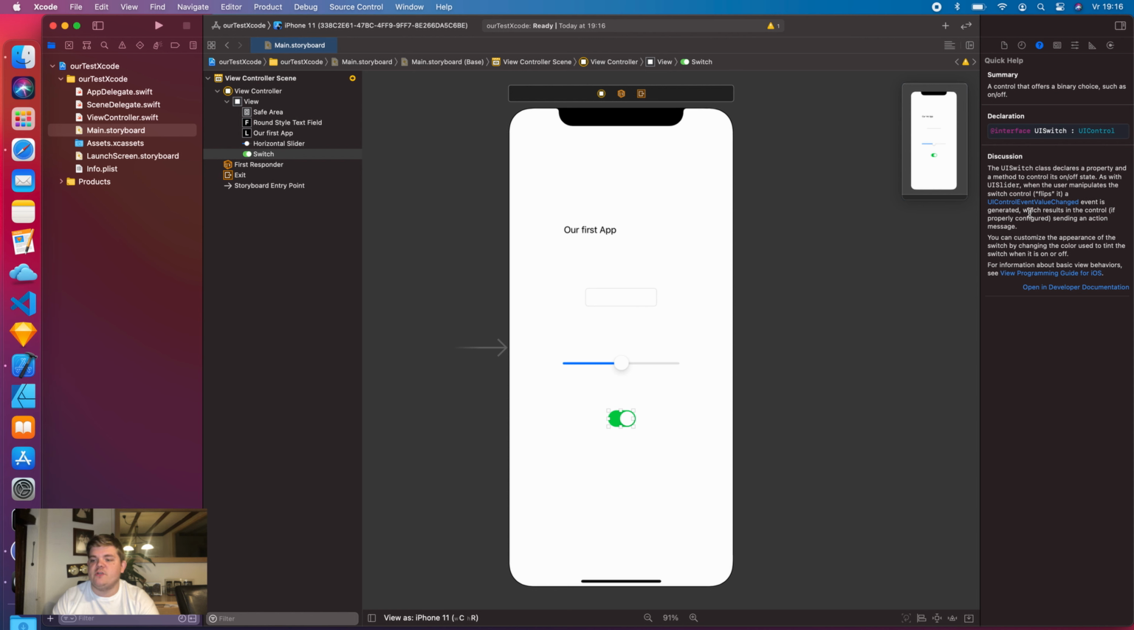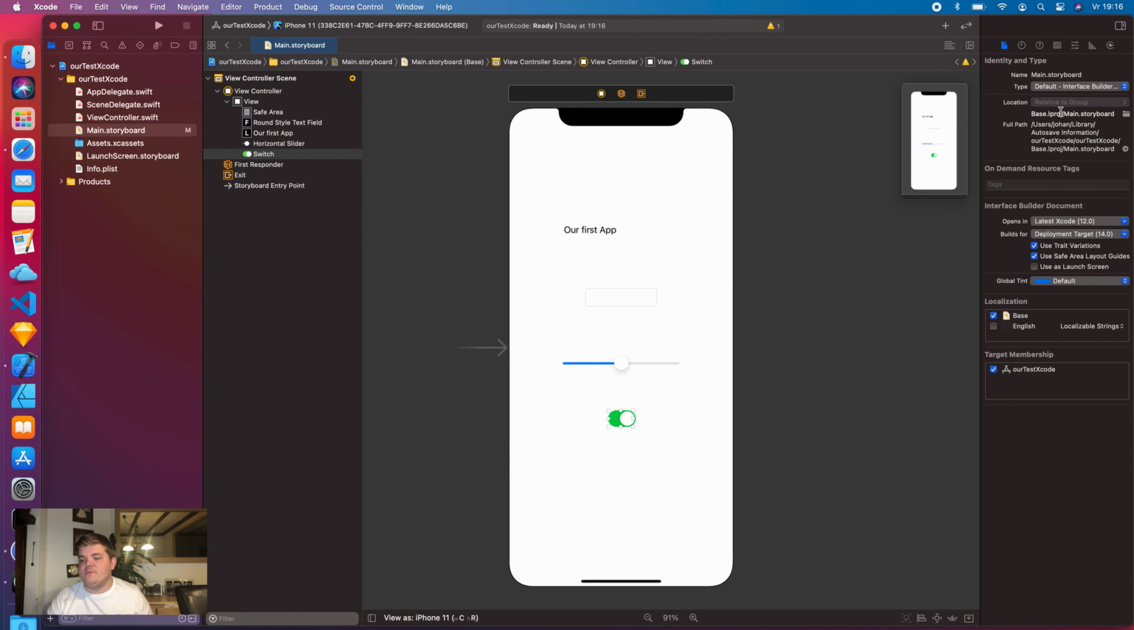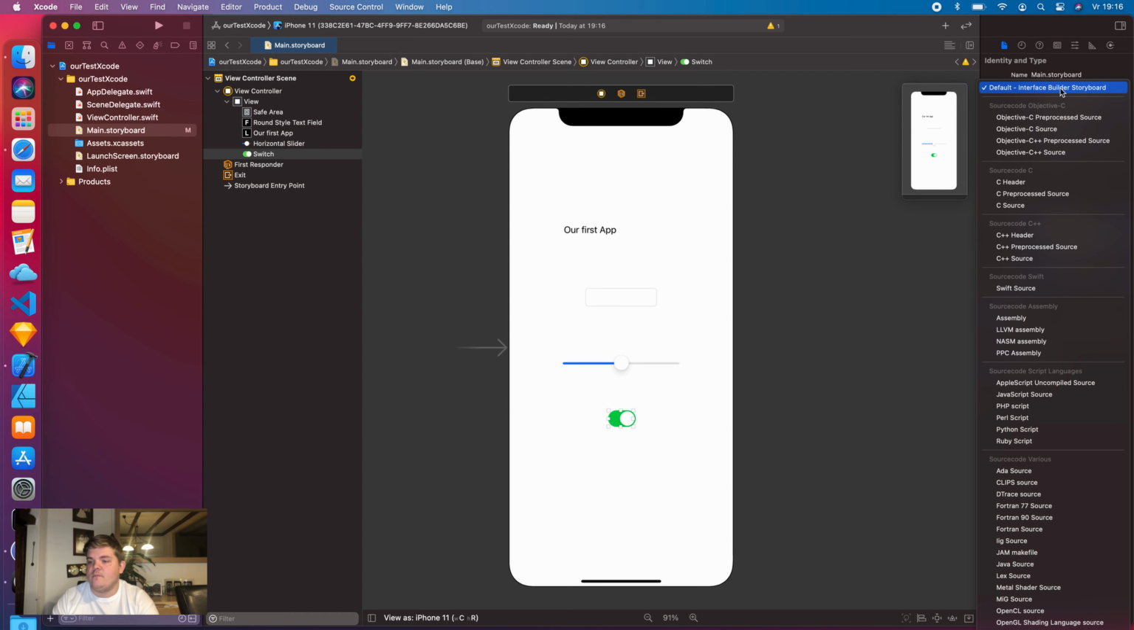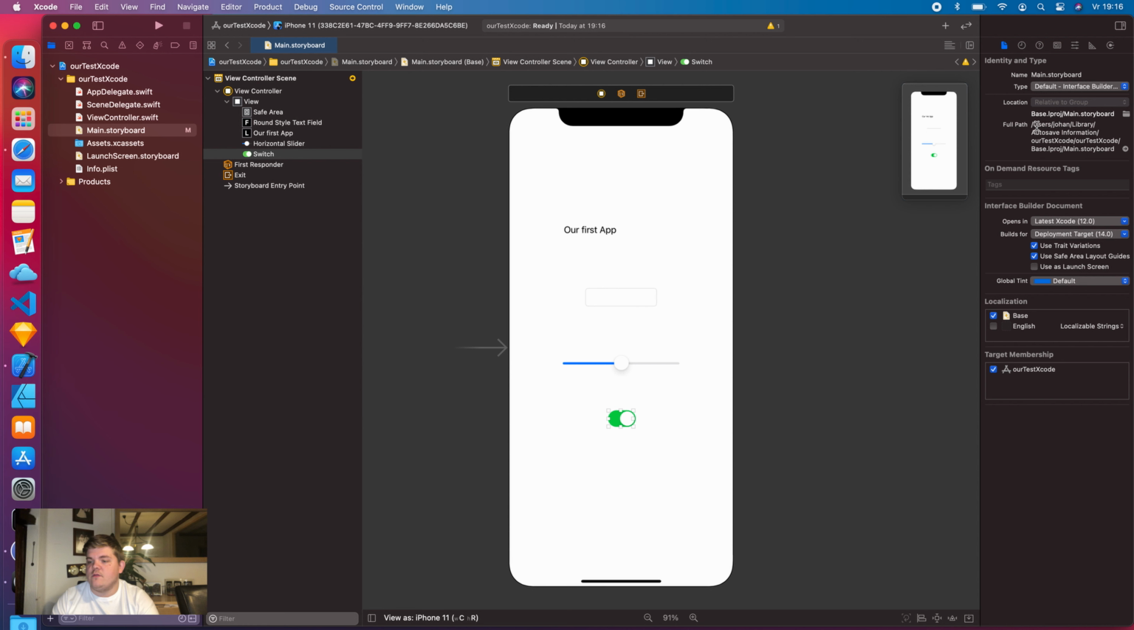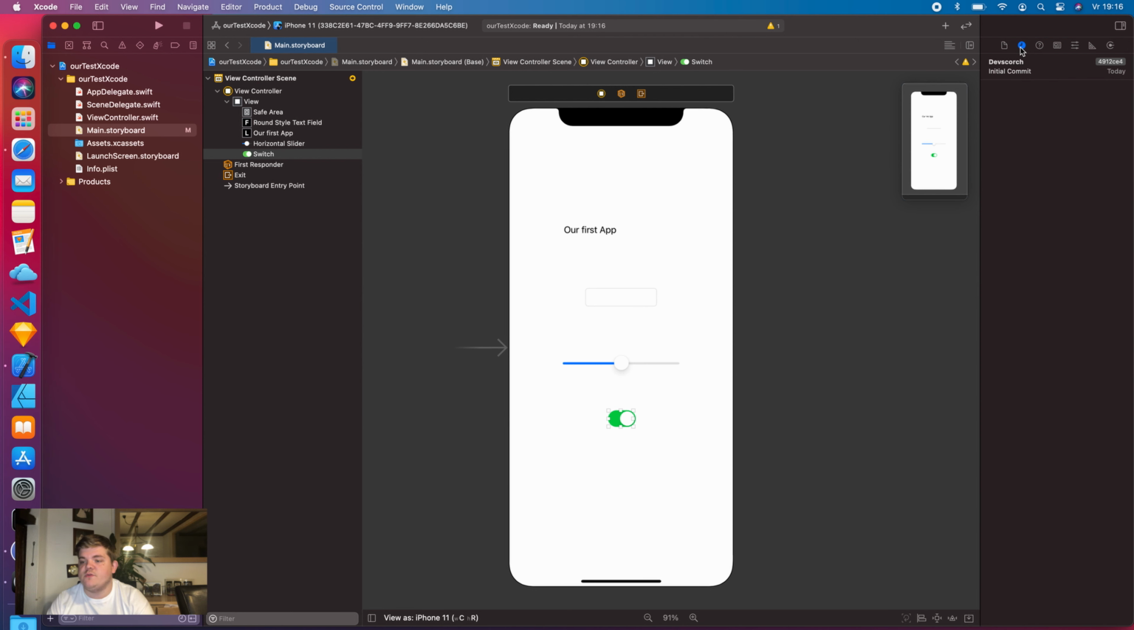And then here on the side you can see the quick help. That's all the information about this UI switch in this case. And when we click on the first one, that is the file inspector, you see a lot more information. And here you can change the type of what you are doing. You can look here at the full path, so where it's saved, resource tags, and so on. You can also check in which Xcode you're working. And then over here we have the show history inspector. That's the same inspector that we talked about, where when you make changes you can see what you're doing,